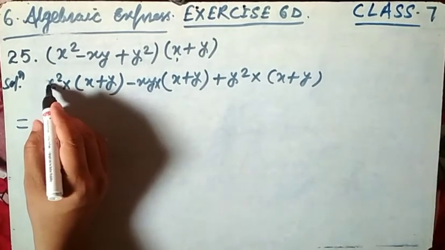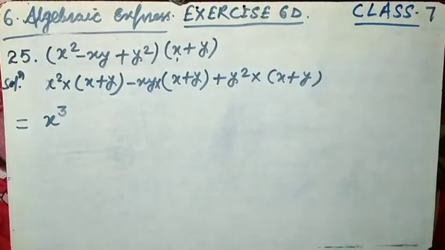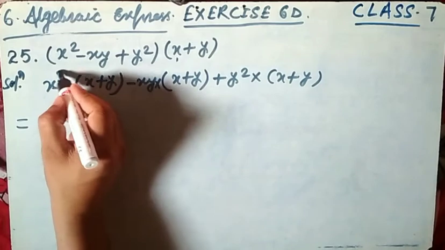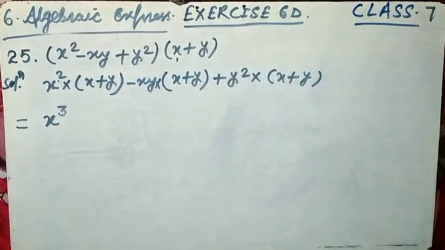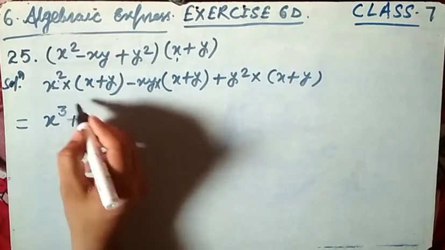No, here is x square or x cube, because we have to go fast. So be fast, because we have already discussed that when the bases are the same, add their exponents. Here is x square, here is x cube. In multiplication we have to add their exponents. In addition we have to add their values. Now x raised to power 3, then x square plus x square y.